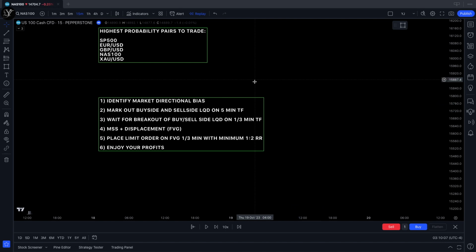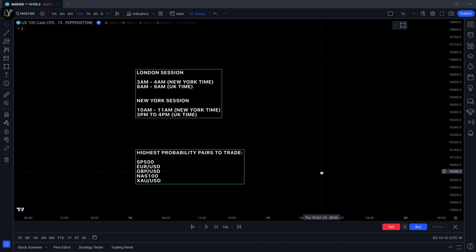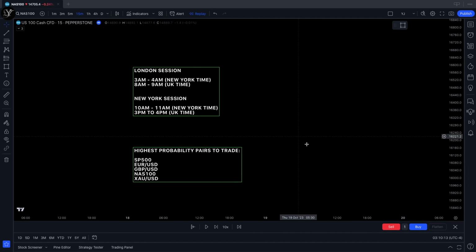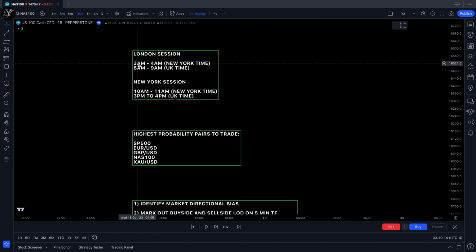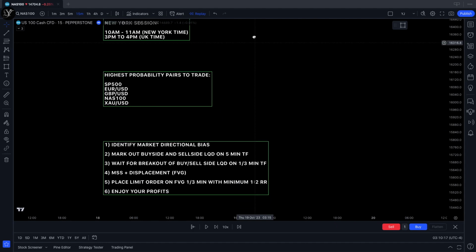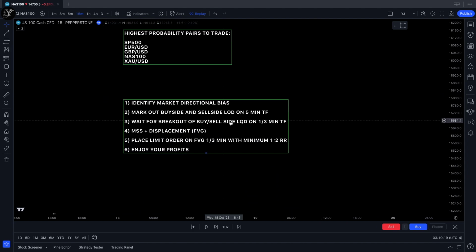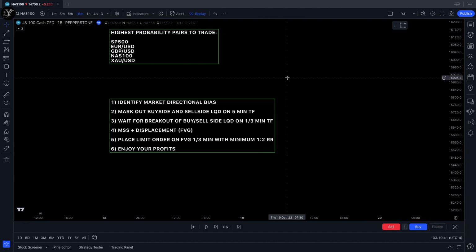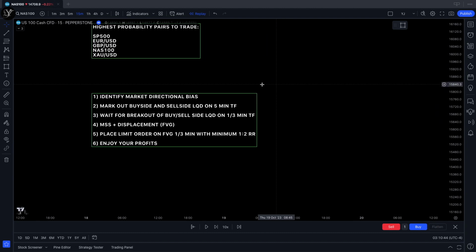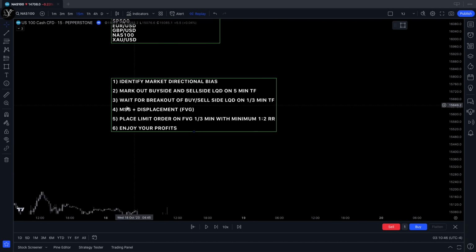So just before our time zone, whether it's our 3 AM to 4 AM or 8 AM to 9 AM, so around 2:30 AM, I would say, we're going to want to mark out our buy side and our sell side liquidity on the 5-minute time frame. Step 3, wait for a breakout of buy side or sell side liquidity on the 1-minute or 3-minute time frame. So either our buy side or sell side is going to get taken out. Once it does get taken out, that's when we move on to step 4, which is a market structure shift